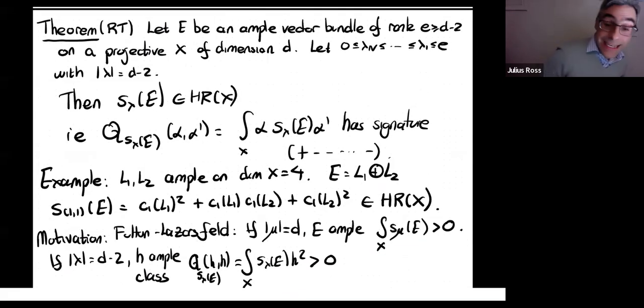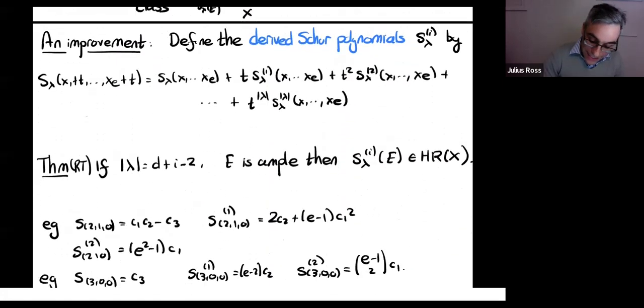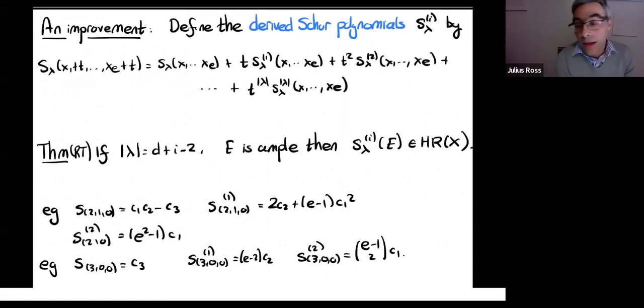And what I can do now is give you 2 or 3 variants or improvements of these statements that I think are interesting. So it's not just the Schur classes I can talk about. I want to make a definition for you. I don't know other places this definition really comes in, but I'm going to define something we call the derived Schur polynomials. I'll denote them by S lambda of I,